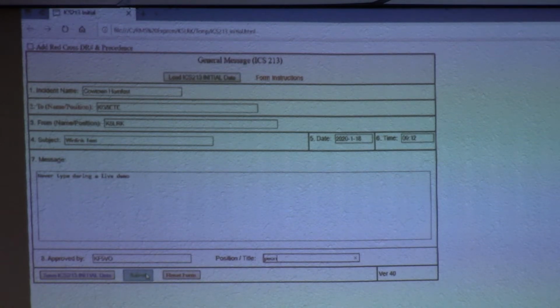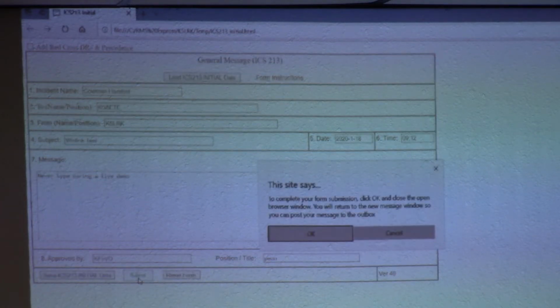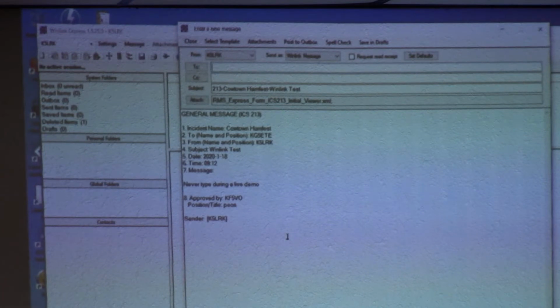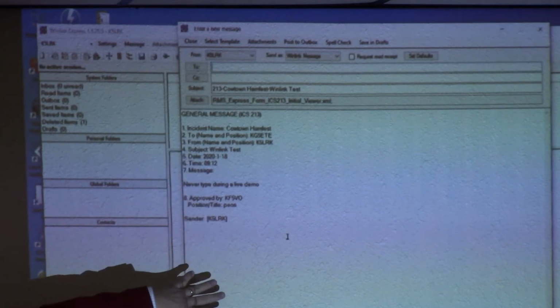Okay, once you get the form filled out, there's a submit button. When you click submit, it gives you a little information box. You can read that if you want, but essentially tell it okay. Okay, and once you do that, what happens is the browser goes away, and this is our message that we